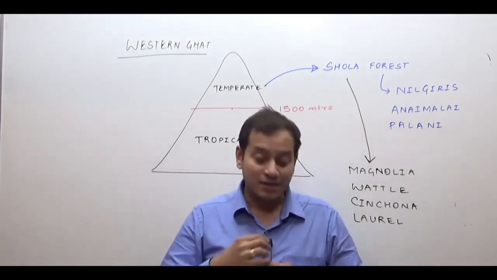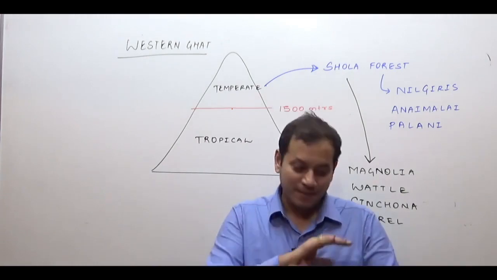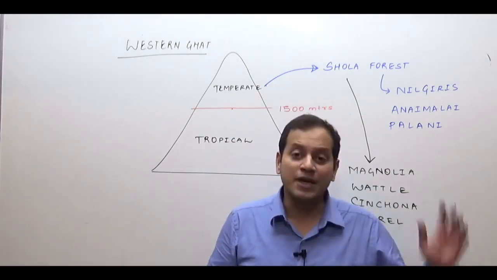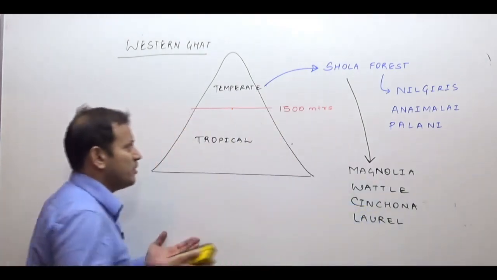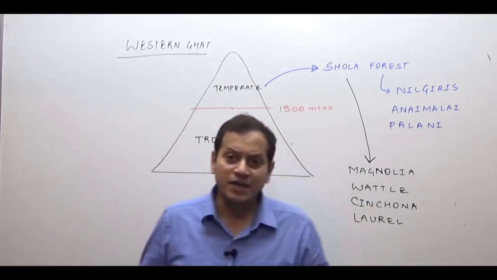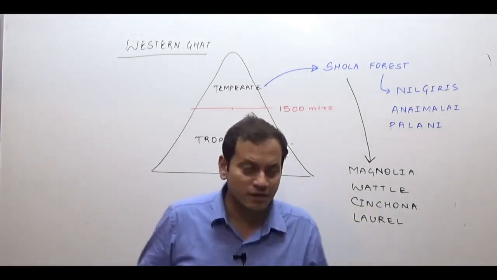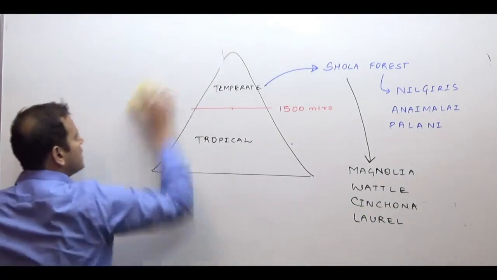Why did I take it as a separate topic? Because the mountain forests have a variety of vegetation. But obviously, because the Western Ghats are not greater in height, you do not have tundra vegetation in the Western Ghat region. Now, the last kind of vegetation,